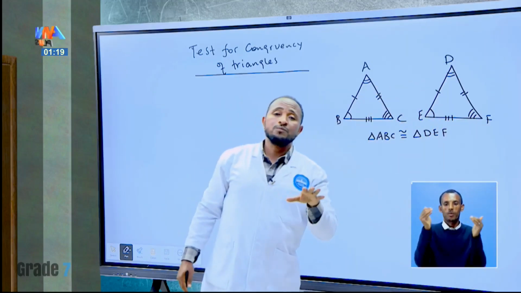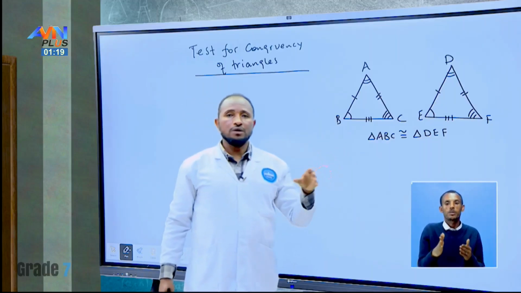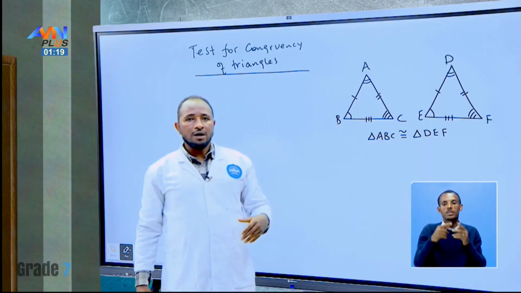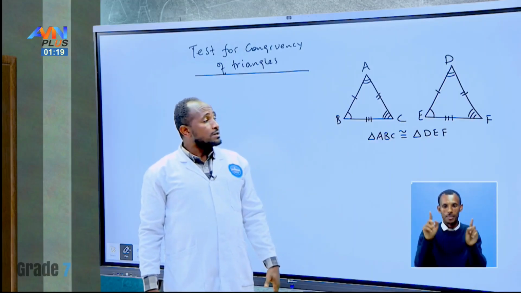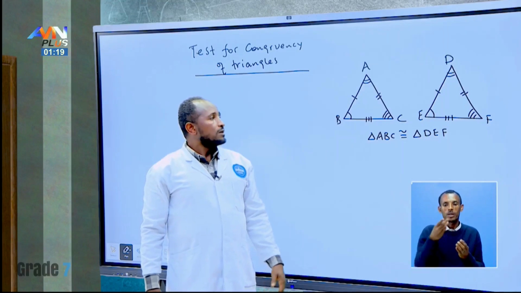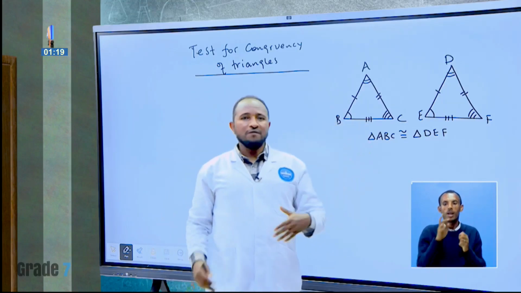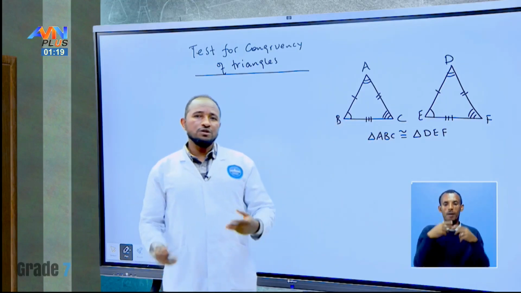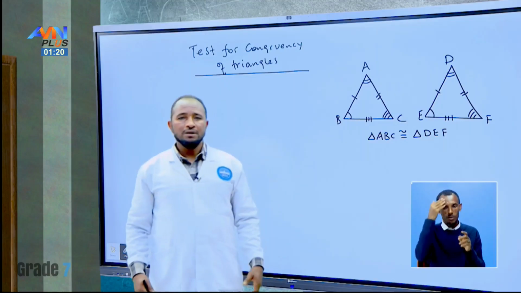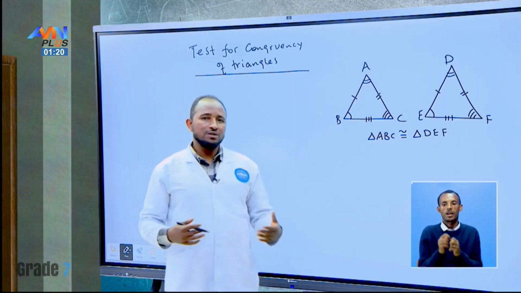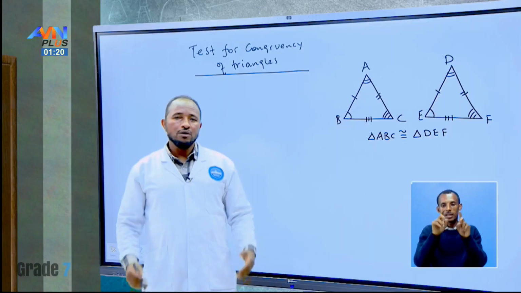These 6 corresponding parts of these two triangles are congruent, therefore the triangles are congruent. But in this section, in order to say the two triangles are congruent, we have a test. If you know 3 parts of the two triangles, using the test, we can judge whether the triangles are congruent